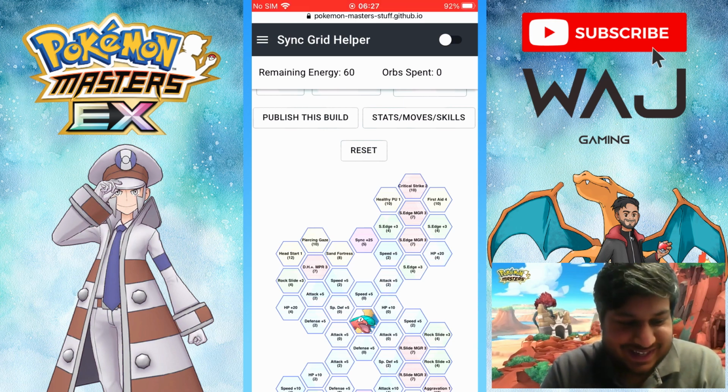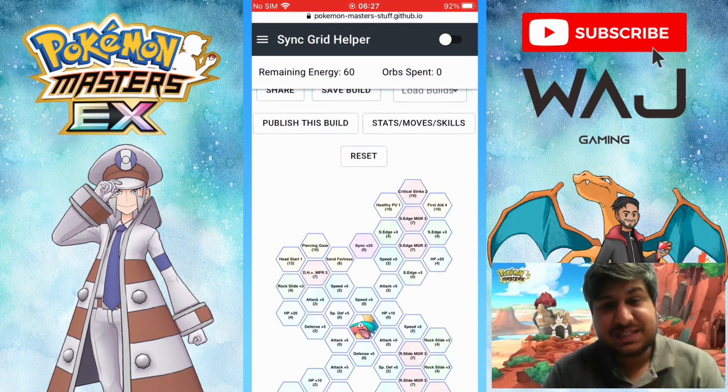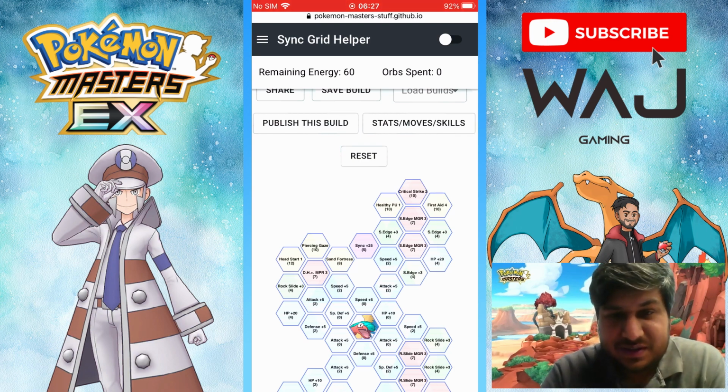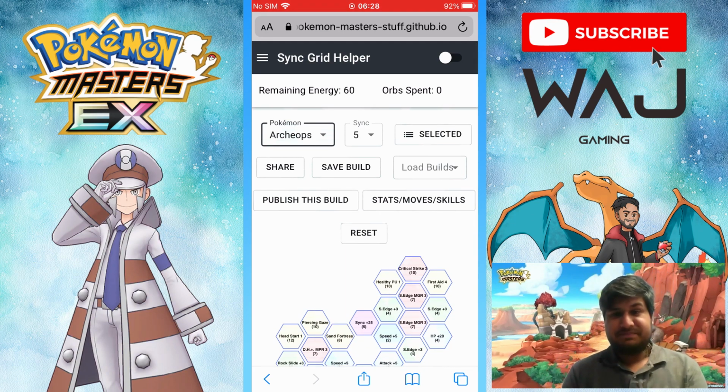So today what we're going to do is a little sync grid guide for Archeops and Excadrill. Both of those units will be coming out tomorrow on a Pokefair banner, 10% rates for a 5-star. So we're going to look at the stats, passive skills, and the sync grid, just to see how they are. We're first going to start off with Archeops, but before we do that, you got